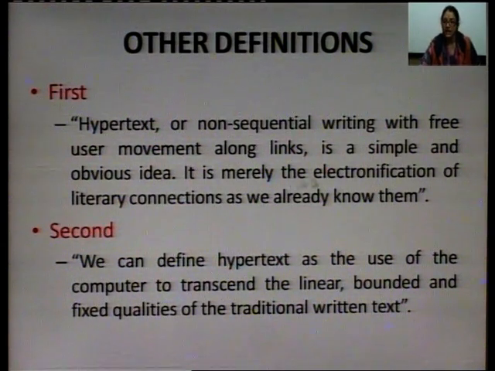It is merely an electronification of literary connections that are already known. We can define hypertext as the use of computer to transcend the linear, bounded and fixed quality of traditional written